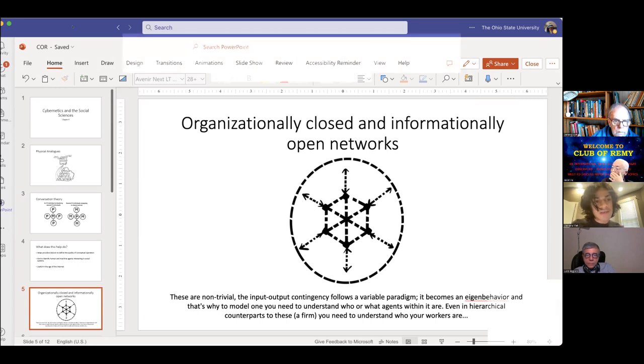So even in a hierarchical counterpart to such a distributed system, I'm giving you the example of a distributed system like a classroom, but a firm, for example, like what Stafford Beer studied and used the VSM as a neural metaphor, the metaphor of the nervous system, to understand the hierarchy of the firm. The people within each level were still reproducing new ideas in these small groups together and preserving the structure of the firm itself. Like Bernard said, it preserves its integral parts to create new ideas,